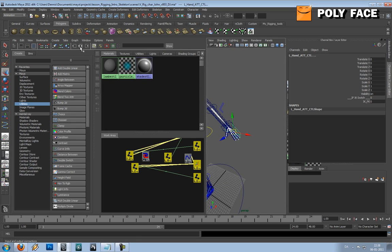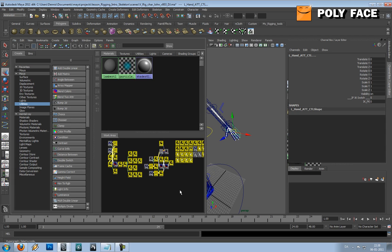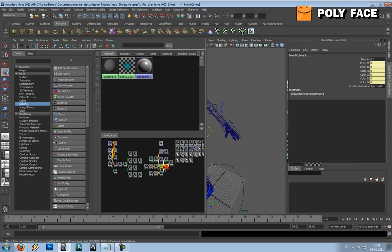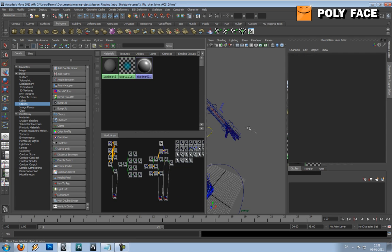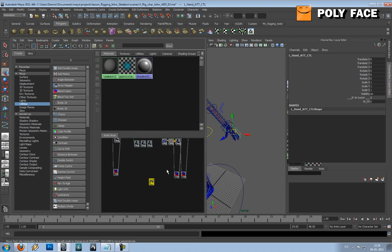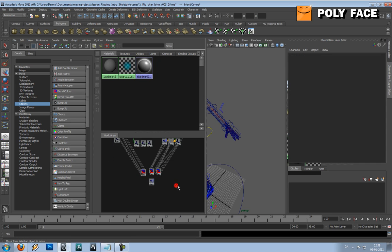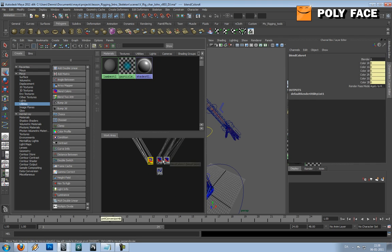and then I'm gonna press the button to show all, and you can see, wow, we get a lot of stuff, but what we need is the color blend nodes. So I'm just gonna take those and get them down. I'm gonna take this controller and get it down, so we know what we need to look at. And then this is 0 and this is not 0, so I'm just gonna 0 it all out,